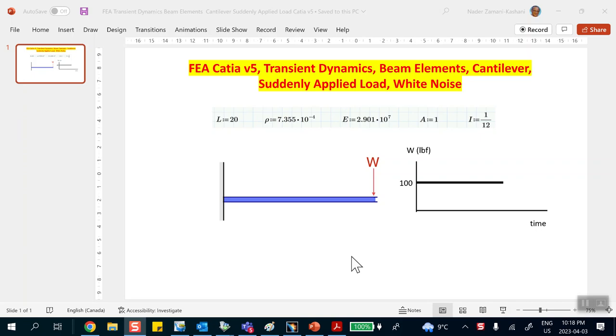In this problem, I'm going to be taking a cantilever beam and applying to it a sudden load of 100 pounds suddenly applied at the tip. Now, we can do this as a transient dynamics problem, which means in the context of CATIA, it's going to be modal superposition or transient dynamics